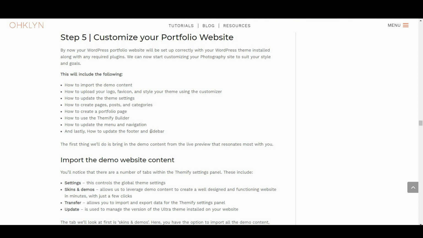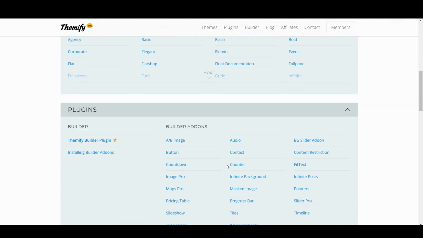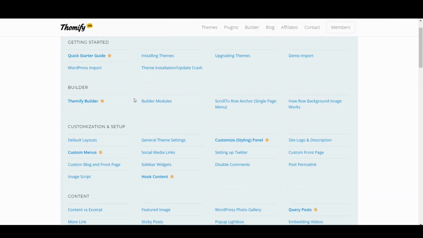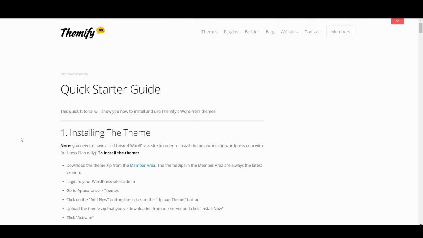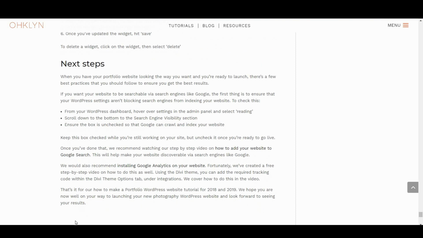of your site. We'll then show you how you can access over 10 hours of free content specific to your new website so that you can go through every element in as much detail as you'd like. Lastly, we'll advise you on some best practices and next steps, such as how to ensure your website is discoverable via search engines such as Google, and how you can leverage Google Analytics for free to provide insights on your